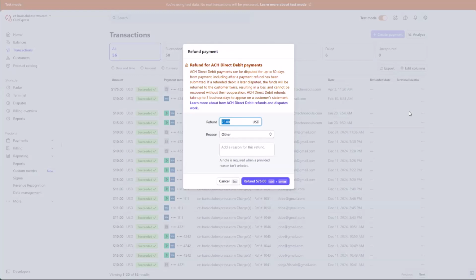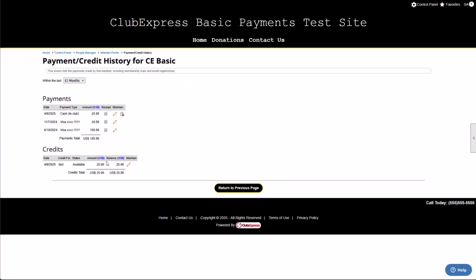If we were to forget that we needed to mark it as refunded on the ClubExpress side, it presents the chance for a member to kind of double dip into a canceled transaction because we would be sending the money back to their credit card, but they might still have that credit sitting on their profile. And the next time they process a transaction, it will give them the option to pay for that transaction with their outstanding credit. So we want to make sure that we both process the refund on the Stripe dashboard side,